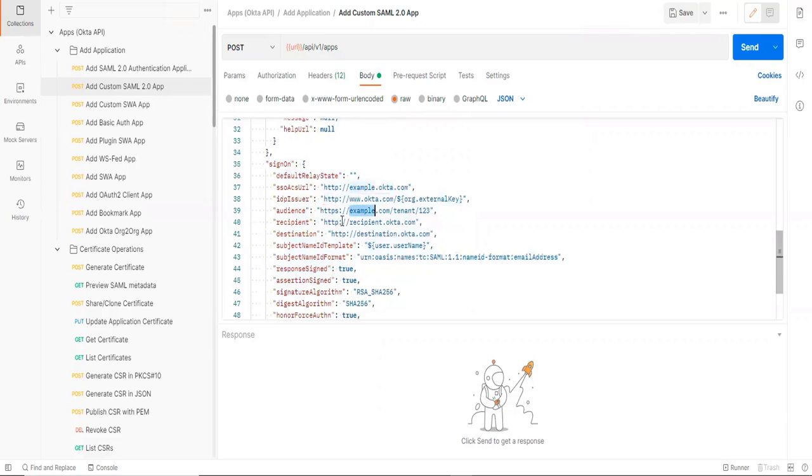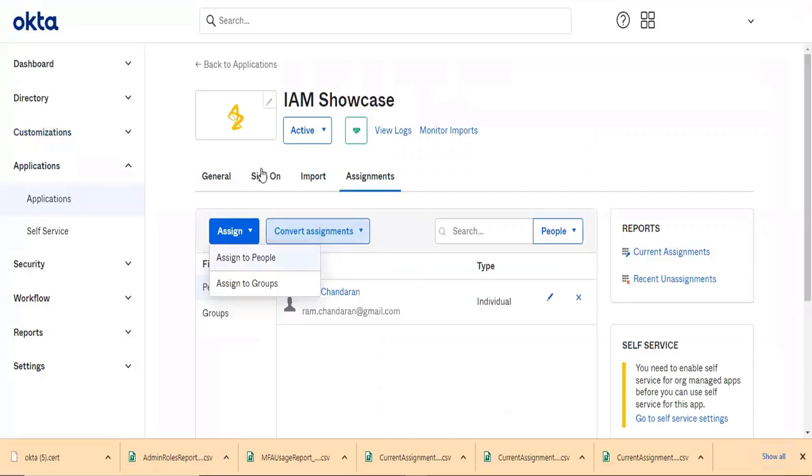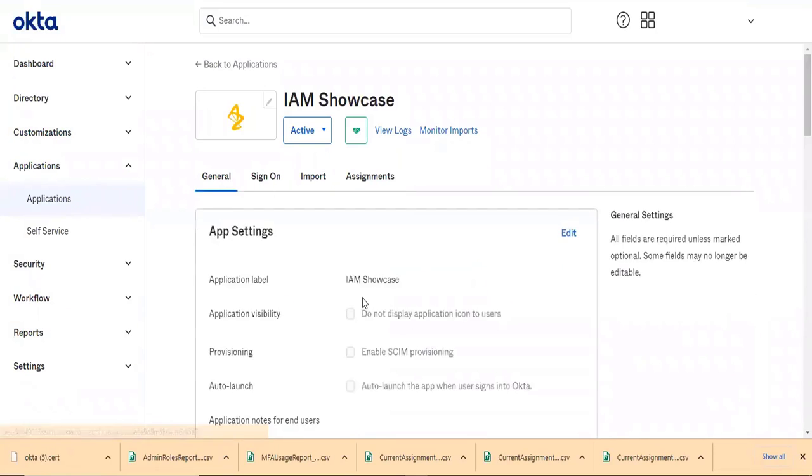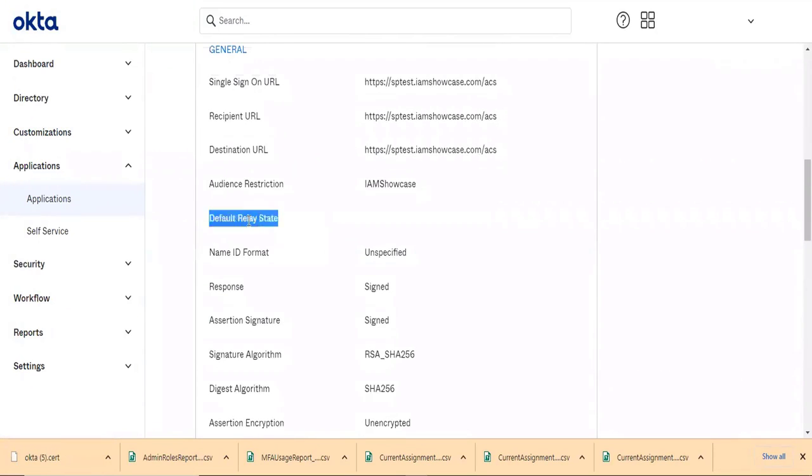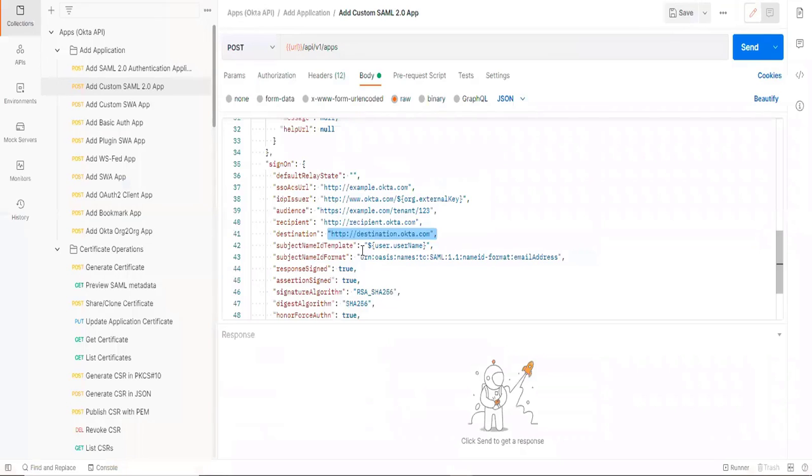Okay, audience is an entity ID, and destination is nothing but default. I forgot the exact name, just a second. Yeah, default relay state. Okay, if you want to route the user to some destination URL once authentication has been completed,